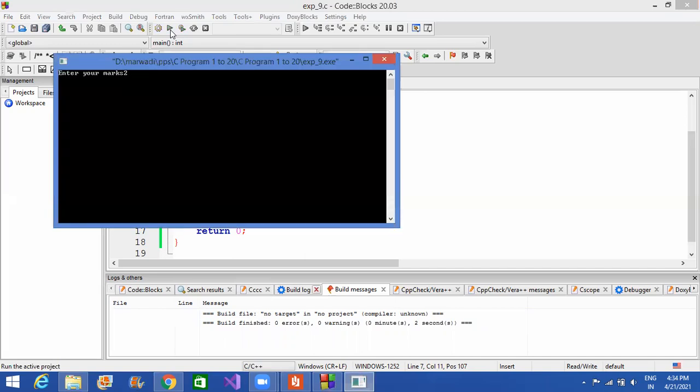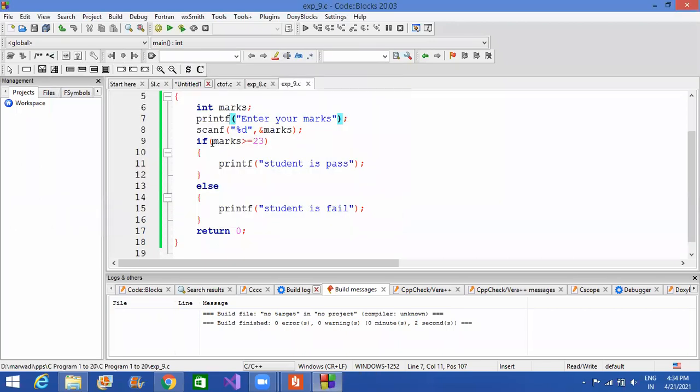I'm entering the marks as 20 and it says the student is fail, because the condition we have kept is that marks greater than or equal to 23 will be given as pass. So what will happen here? When this program executes, in place of marks,